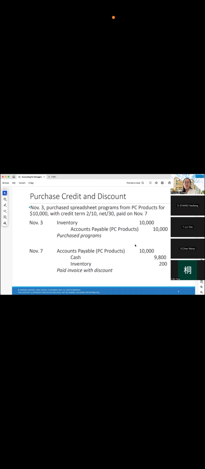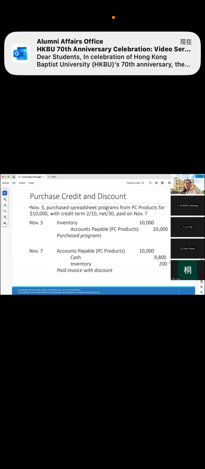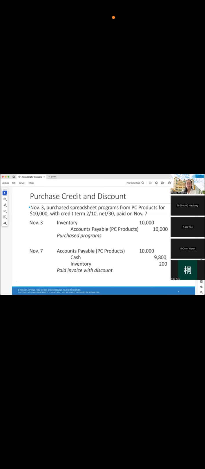Now, on 7th of November, when I finally paid it off, I'm going to reverse the full amount of AP, which is $10,000. So debit AP, $10,000, right? And recall that I took advantage of the credit term of 2%, and 2% of $10,000 is $200. So I am only paying $9,800 in cash. So credit cash, $9,800. And the remaining discount of $200, I'm going to reduce the value of my inventory by